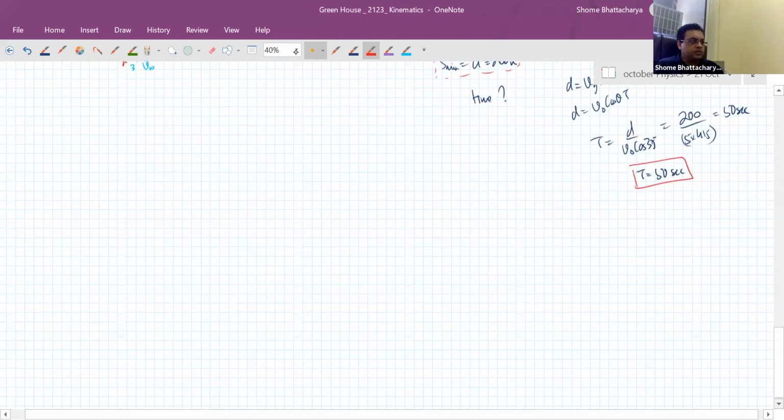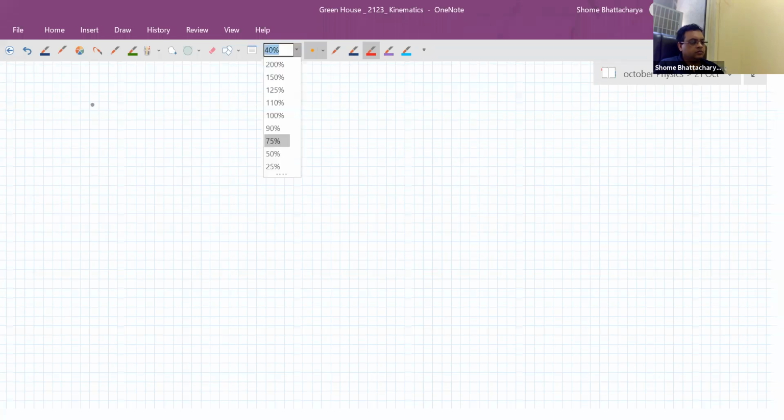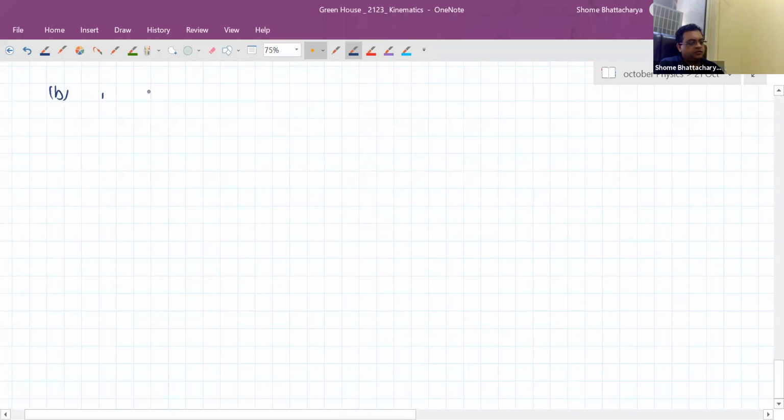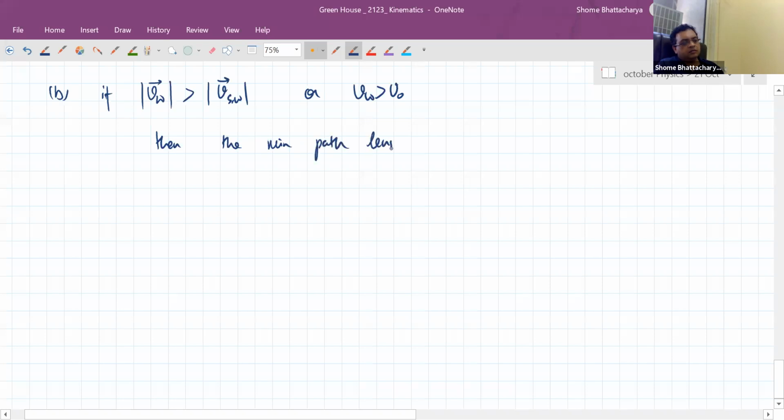Okay, now let's come to a case where the flow velocity of the water has a magnitude which is larger than the swimmer's velocity. In this kind of case, we would write that the minimum path length would be how much? Even in this case, however, the minimum time would still be d by v naught, and for that, theta should be 0. This still holds. But the minimum path length here cannot be